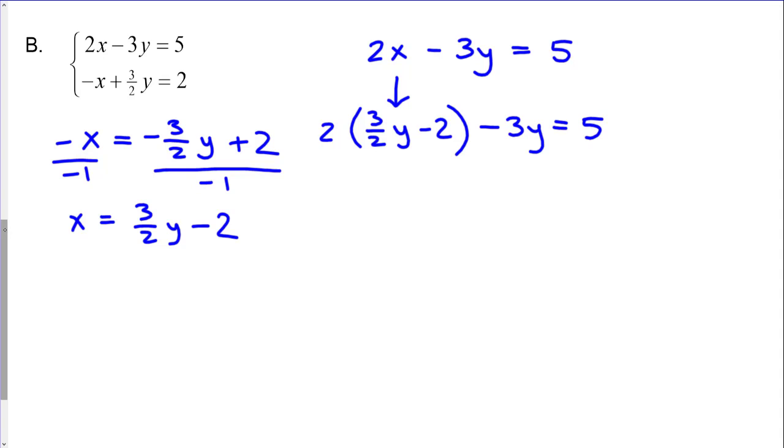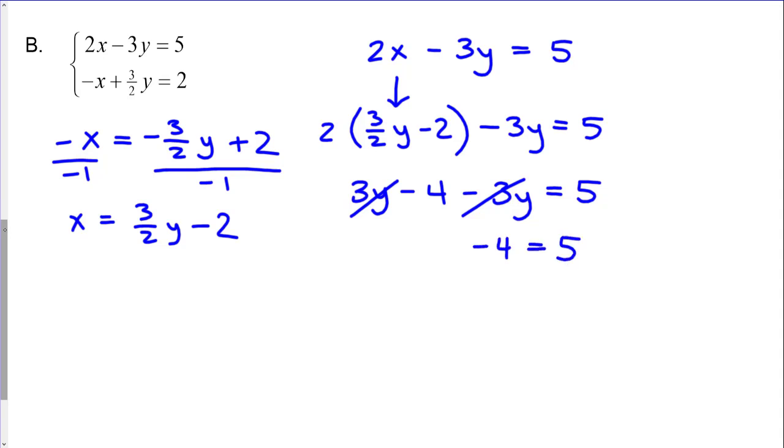Now I'm going to distribute the 2 into my set of parentheses. So this will result in 3y minus 4 minus 3y equals 5. The next step, if you'll notice, I have a positive 3y and a negative 3y. Those cancel each other out, leaving me with